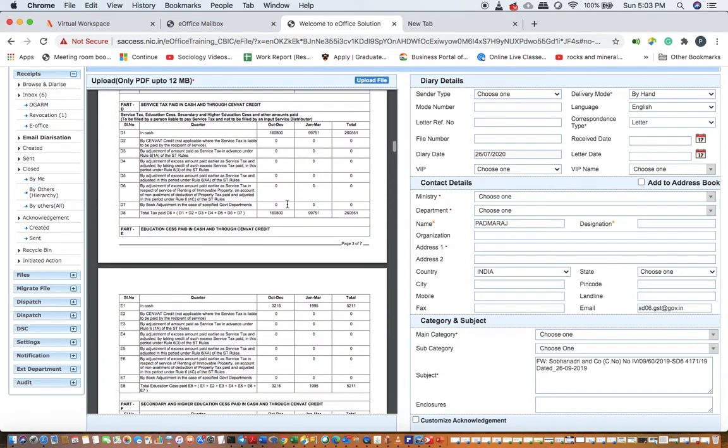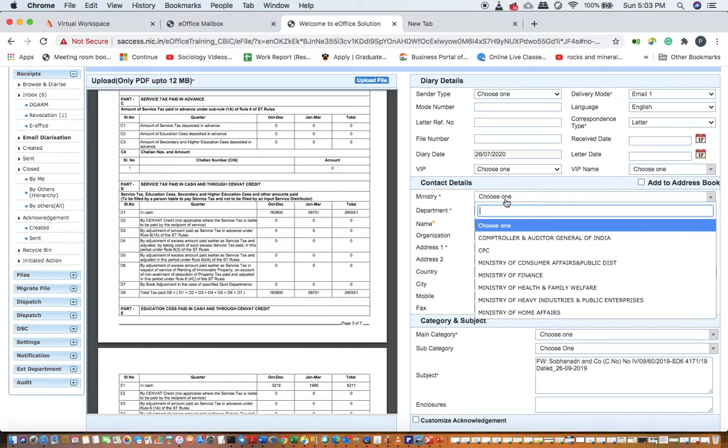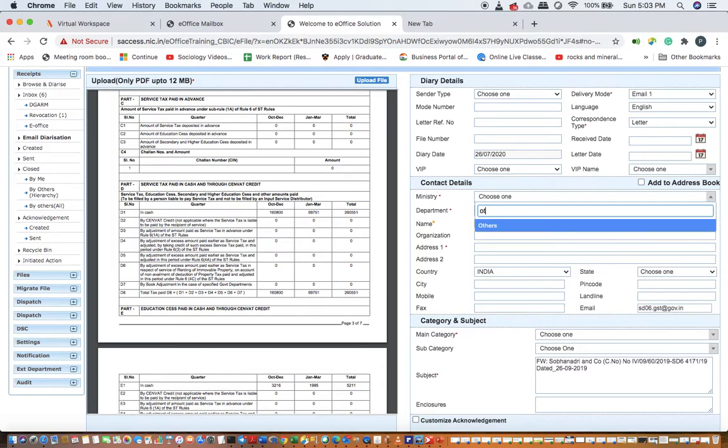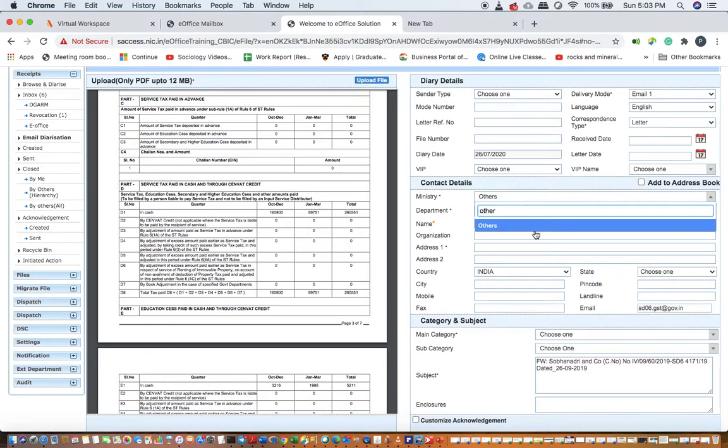Now I'll have to diarise it by making a receipt number. So I'll have to select the delivery mode as email, okay, because it came by email. Department others, ministry others, it has come from Shobhanadri and Co. Designation partner, address is Jayanagar.